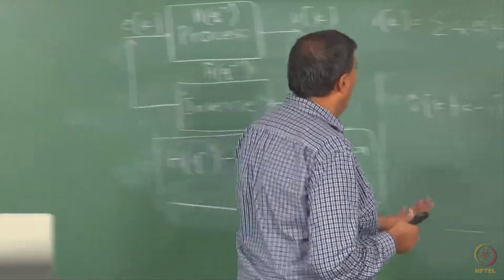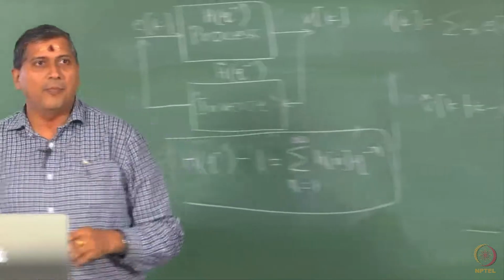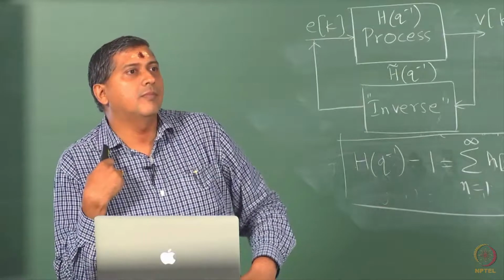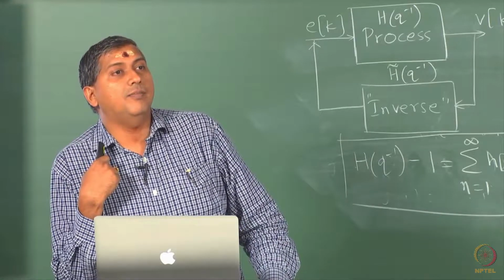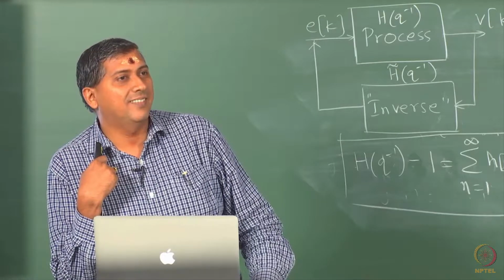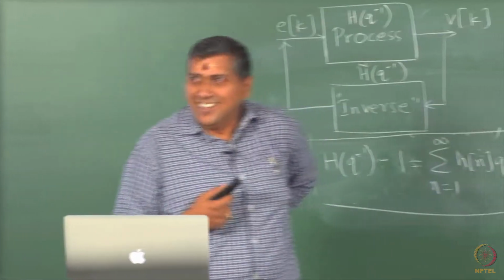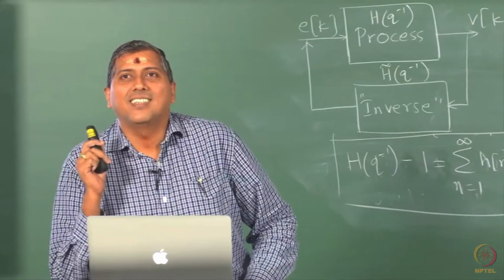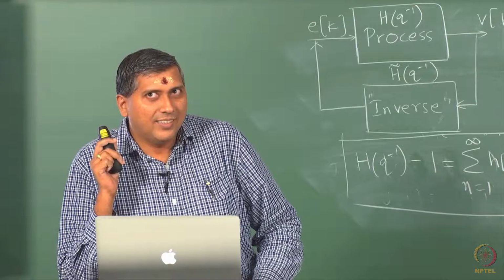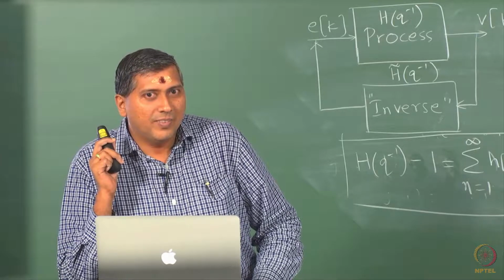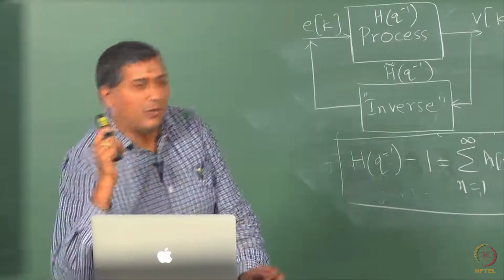The left hand side is a predicted one. The right hand side is your pure available signal. You could write Vk as q inverse Vk. Then what happens? Yes. The lead coefficient of H inverse is also 1. So the right hand side actually starts on k minus 1 only. Very good. So this is an independently arrived answer.